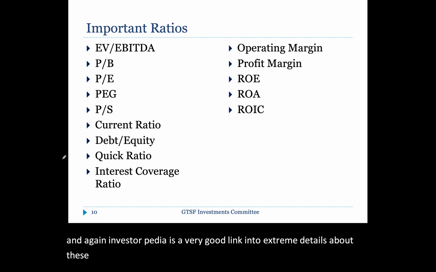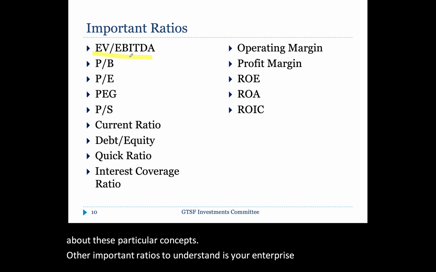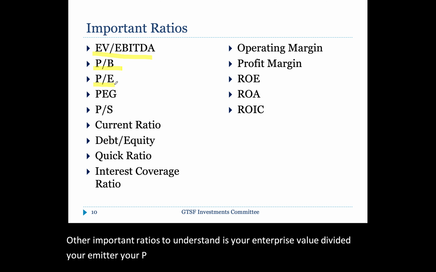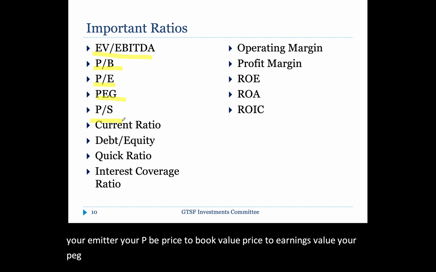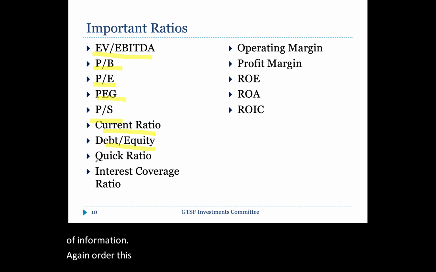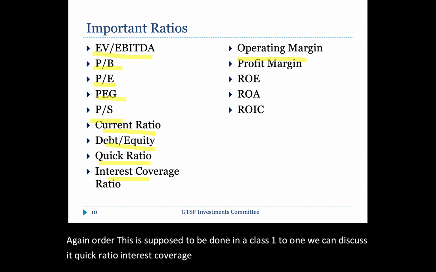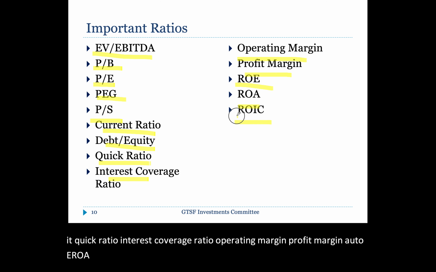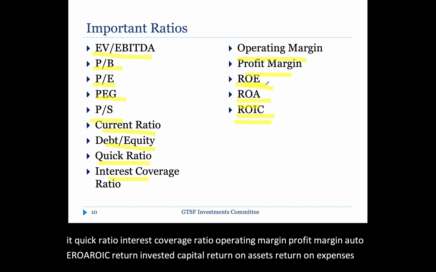concepts. Other important ratios to understand are your enterprise value divided by your EBITDA, your PB, price to book value, price to earnings value, your PEG ratio, your price to sales, current ratio, debt to equity. Now, I'm just saying these out loud so you guys can get familiarized with these types of information. Okay, and a lot of this is supposed to be done in a class one-to-one where we can discuss it. Quick ratio, interest coverage ratio, operating margin, profit margin, ROE, ROA, ROIC, return on invested capital, return on assets, return on expenses. So there are a lot of different